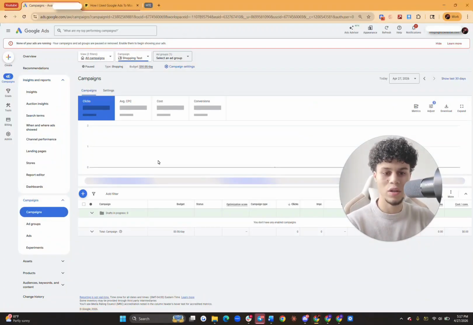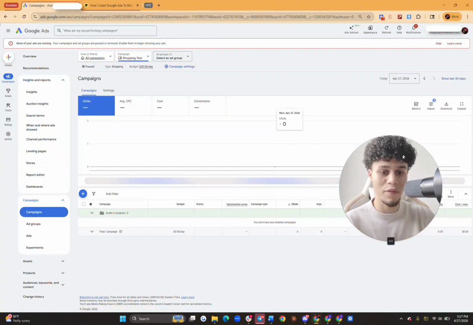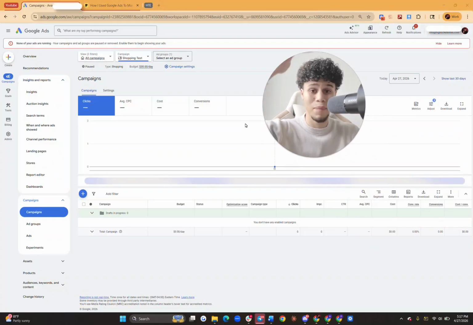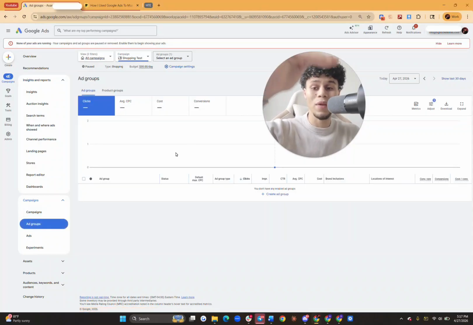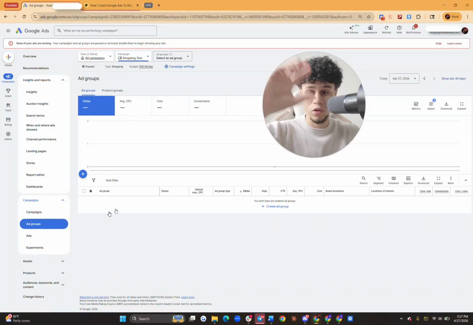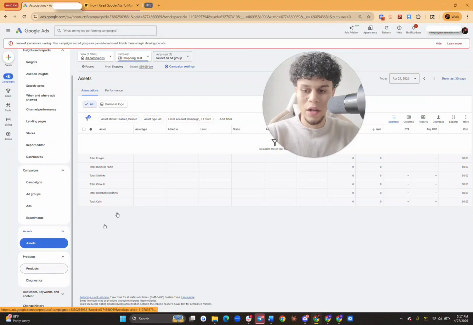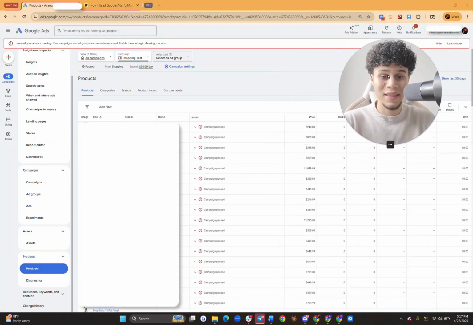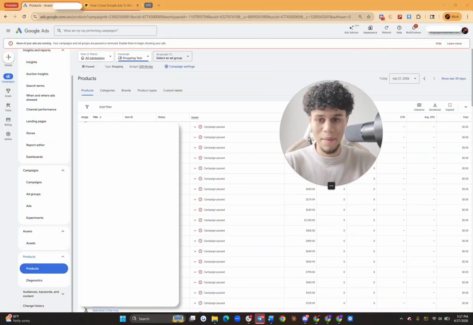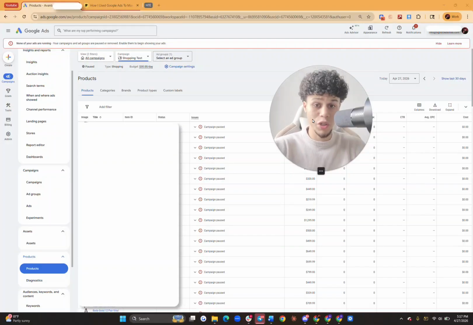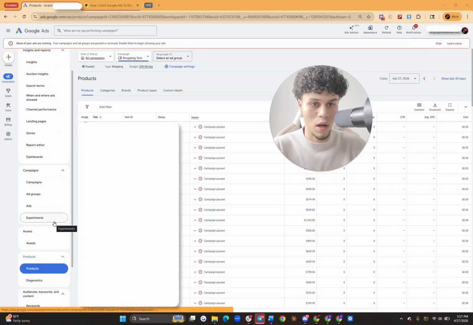As I mentioned to you guys earlier, the setup of every single ad campaign that you run is going to be three-part, right? So we have a campaign at the very top, and then right below it there's an ad group, okay, the group, and then right below that you have the actual ad, okay? On here you'll be able to see the actual products that are launched in your shopping campaign. All right, guys, and again, we spoke about this previously, on how you can choose the products that you want within that shopping campaign when you launch it.